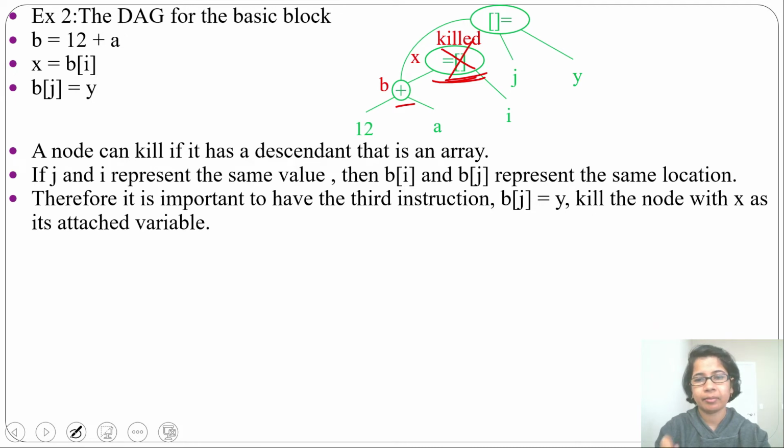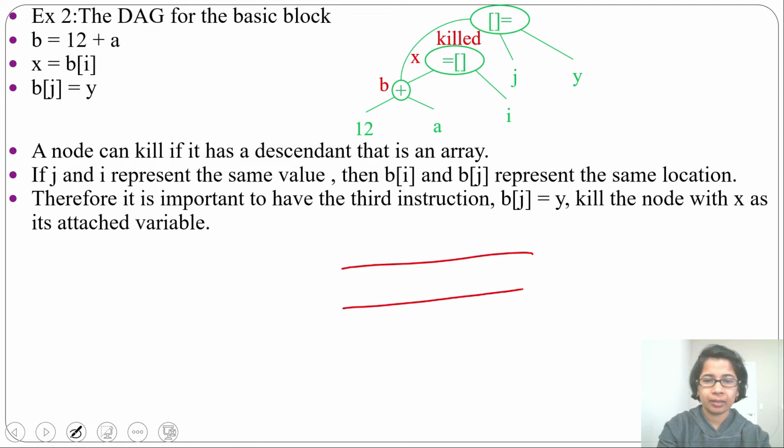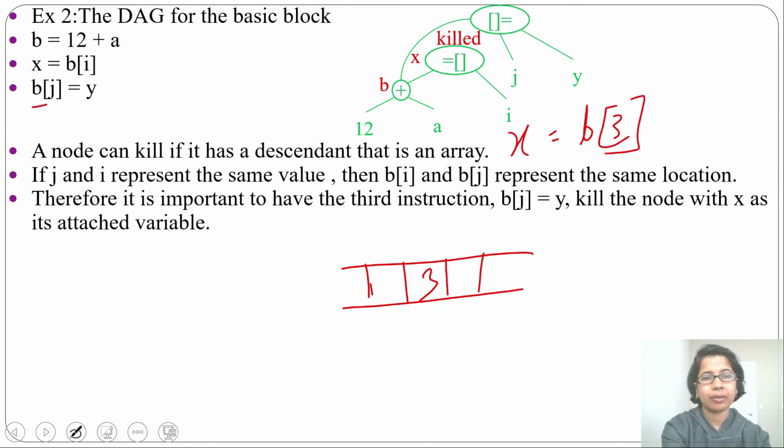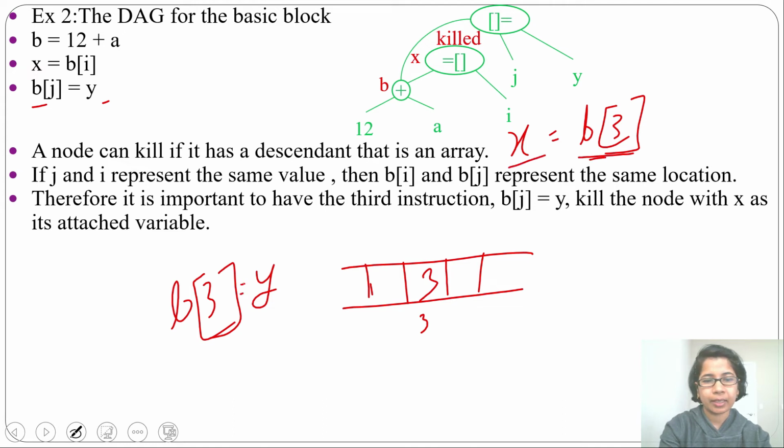its attached variable. Let B be an array and some location is 3. And let I equal 3, meaning B of 3. B of 3 value will be assigned to X. Then B of J equal to Y. Let J also be 3, meaning Y will be assigned to B of 3. So in this location we are assigning some other value, and this location's value is assigned to X. So before assigning the Y value to B of 3 we should delete this three address code, means we should kill